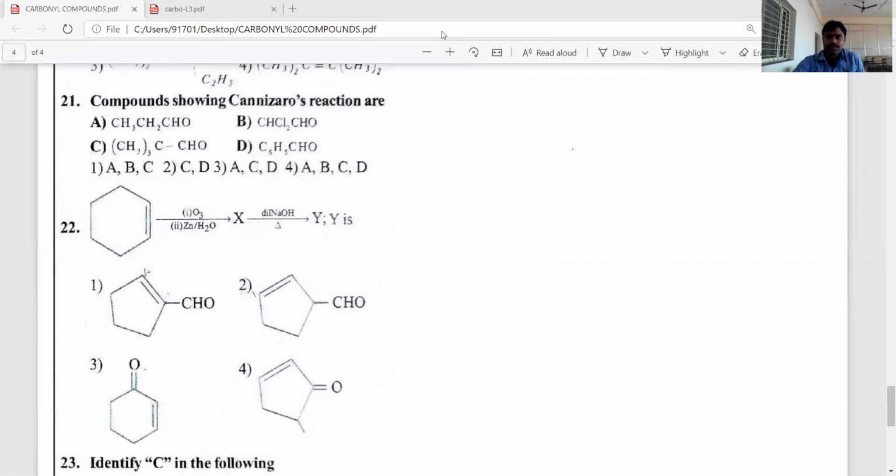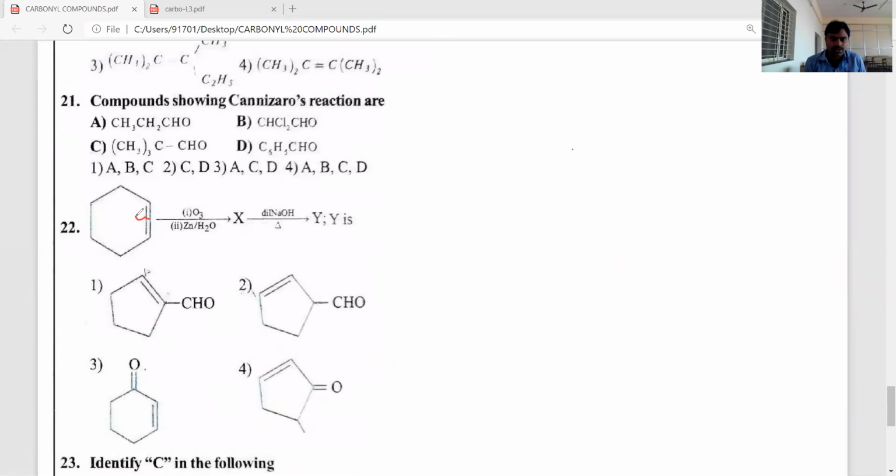The next one is reductive ozonolysis followed by aldol reaction. Aldol reaction. Okay. So the first product